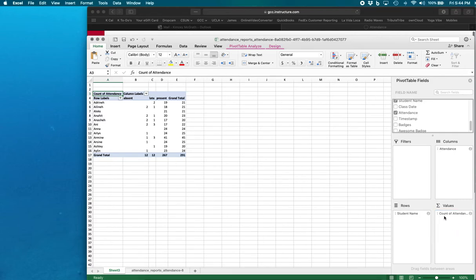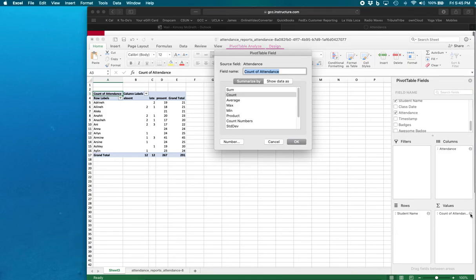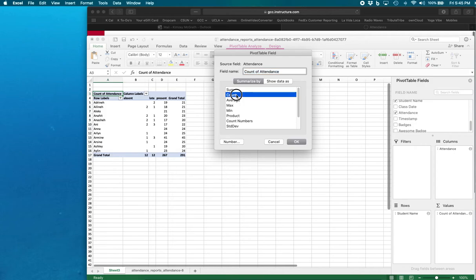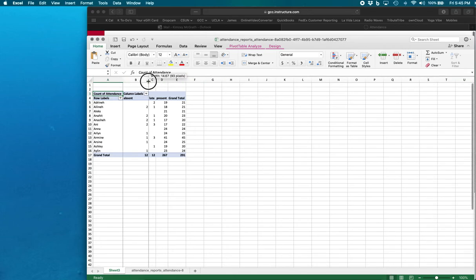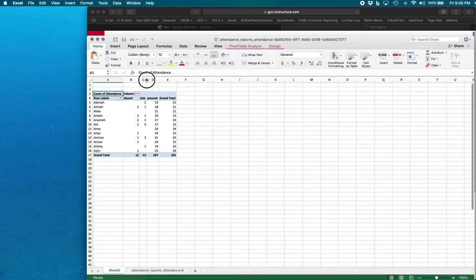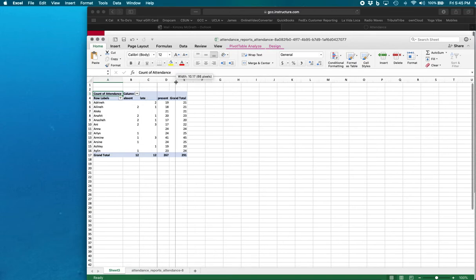And we want to make sure that this says count of attendance. If it says something else, you'll click the little I. It could be an I, it could be a question mark, or it could be a little arrow, but you'll click it and that will bring this up for you so that you can select count and click OK. Then you can X out of the pivot table,